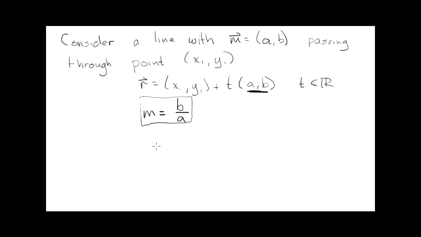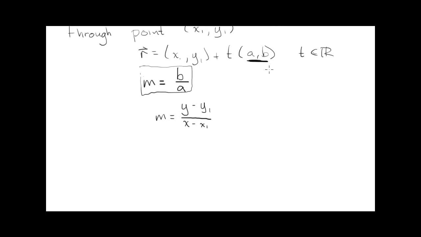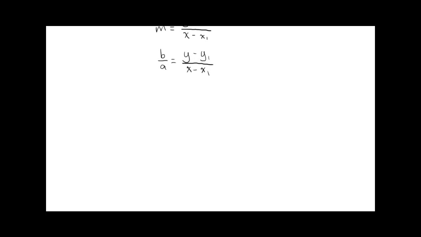All you have to do is say m is equal to (y minus y1) over (x minus x1). Right? This is just the slope form, or equation with slope. And what is m? We just said m is equal to b over a. So (y minus y1) over (x minus x1). And now to get this into the Cartesian or standard form, just cross multiply. Bad word, but just cross multiply. So b times (x minus x1)